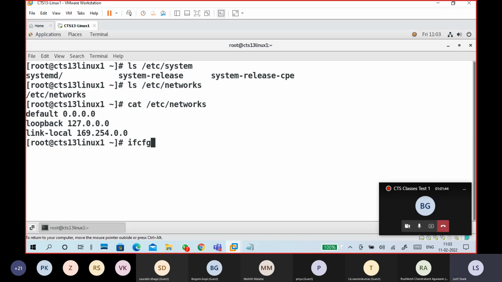I want this particular file, or any file starting with ifcfg. Forget about hyphen ENS33 or 37. How to find this particular file in my system? It's a pretty straight question.